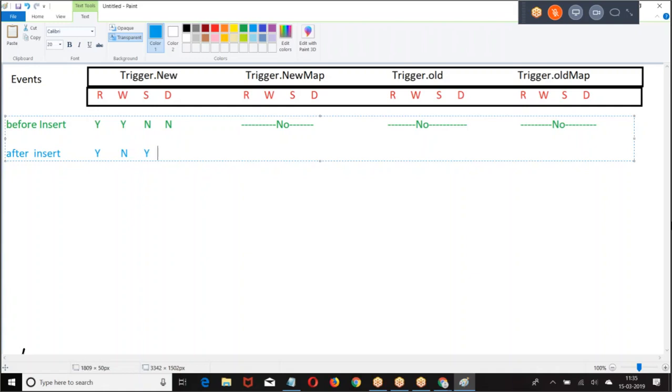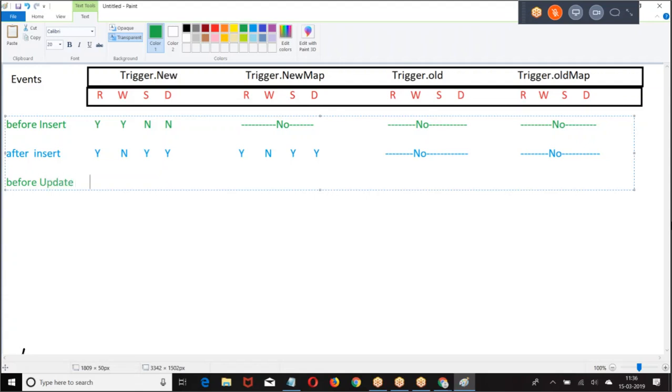SOQL query. Trigger.old. There is no concept of trigger.old in the insert triggers. In the insert trigger, we have only trigger.new. Before means read, write. After means SOQL, DML. As simple as that.